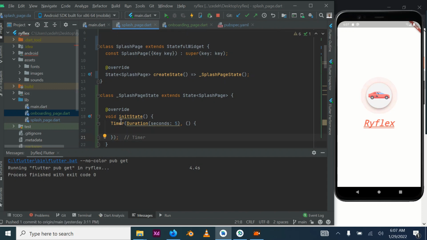So what this simply means is that once this page loads, it should fire up this particular code here. And what this code does is that it starts the internal timer of your device, and after 5 seconds, it will execute this code. Navigator